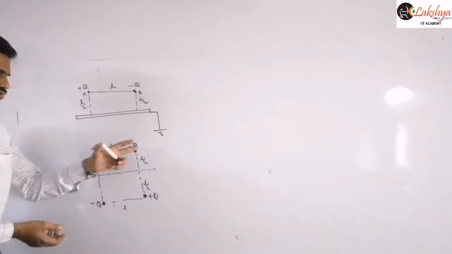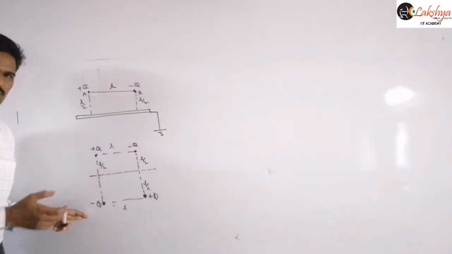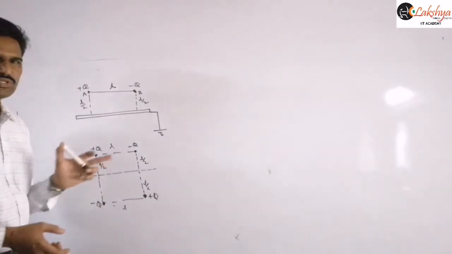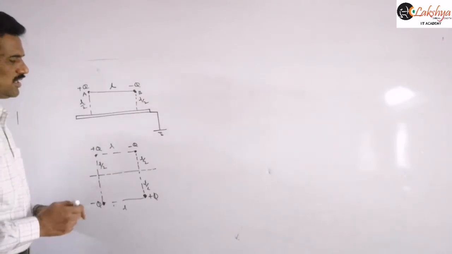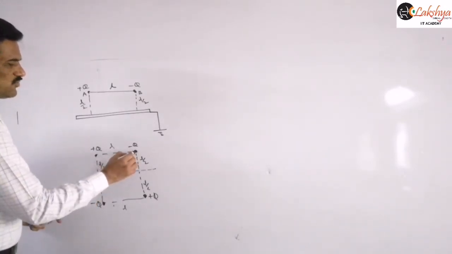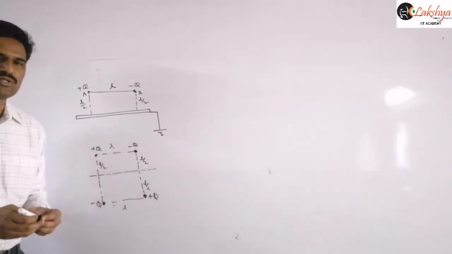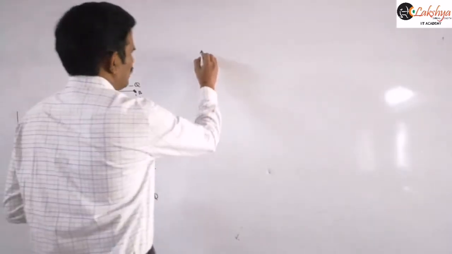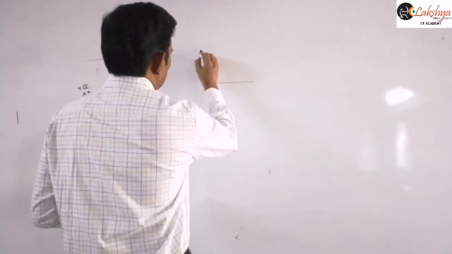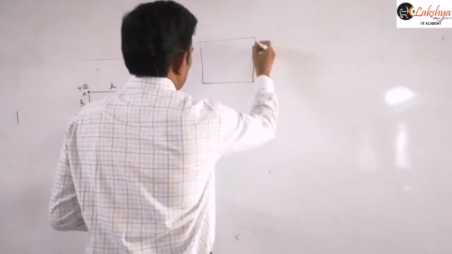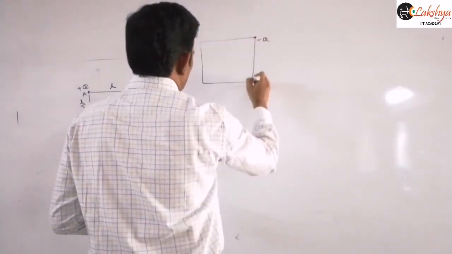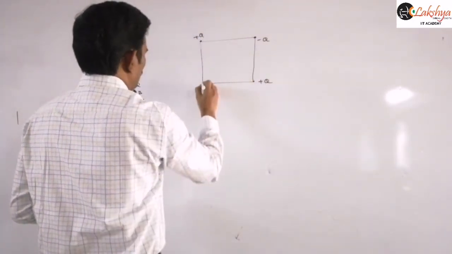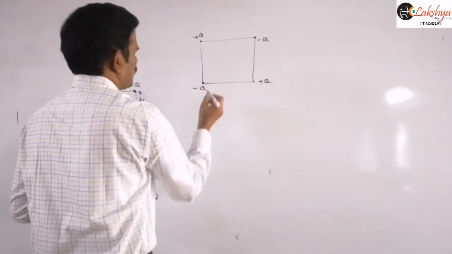These two diagonally opposite charges have the same nature, minus q and minus q, and they are identical here. And now our only question is to find the force acting on this. We already know the principle of superposition, and you can apply that principle there. So this is the minus q here, this is the plus q, this is the plus q, and here it is minus q, right?